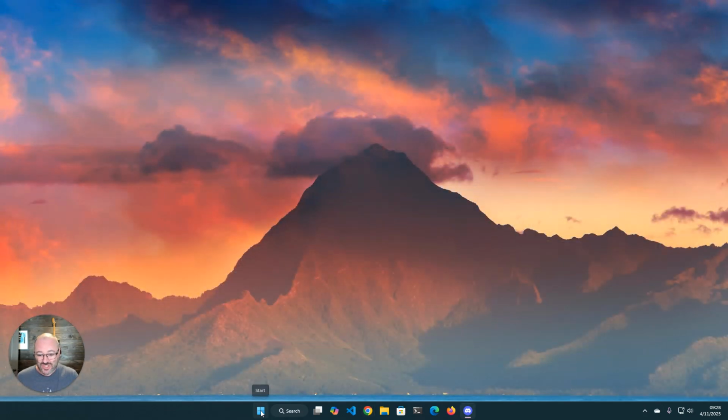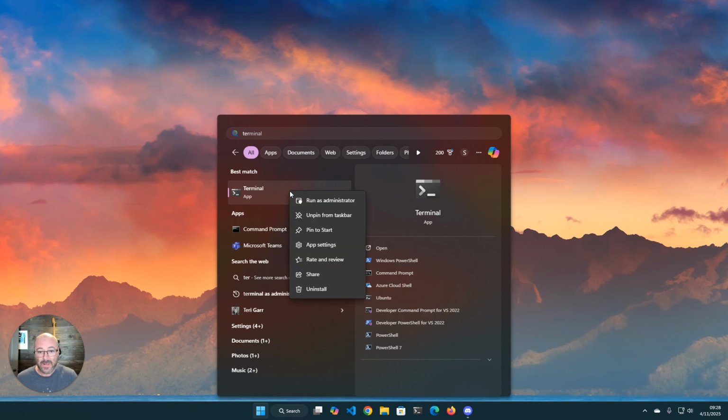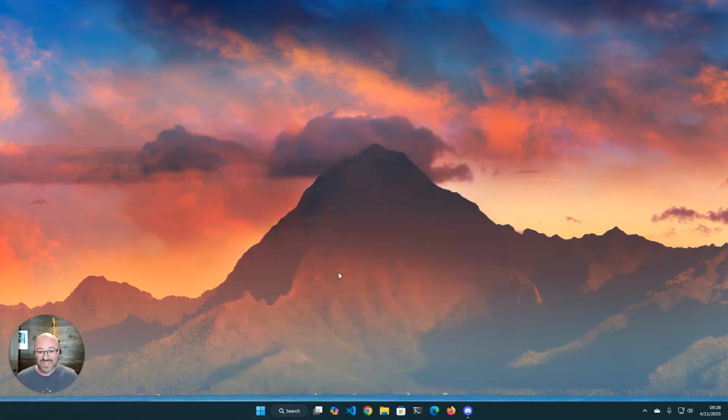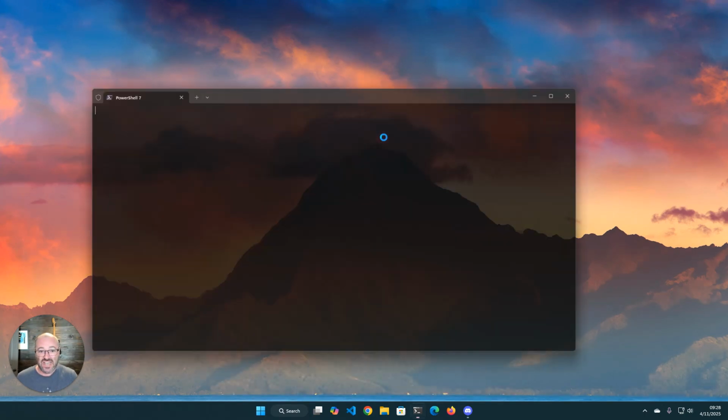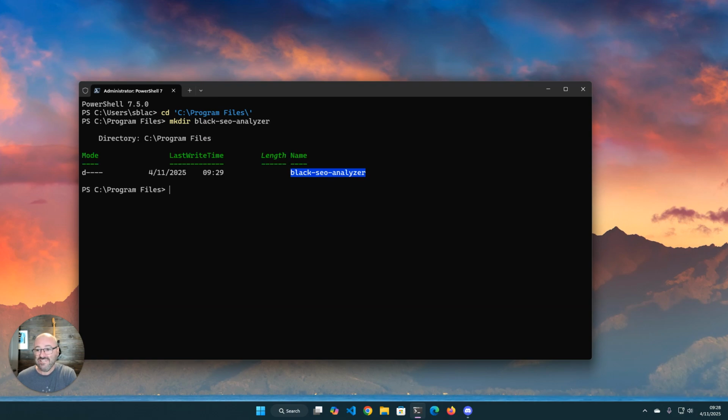We're going to launch the terminal. I use PowerShell. Run it as an admin. Yeah, I want to run it as admin. We're gonna go to Program Files, and then we're gonna make a new folder called Black SEO Analyzer. Yeah. There we go. And we're gonna go into it,